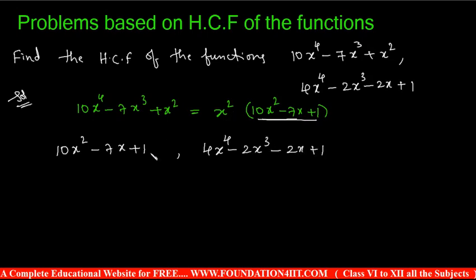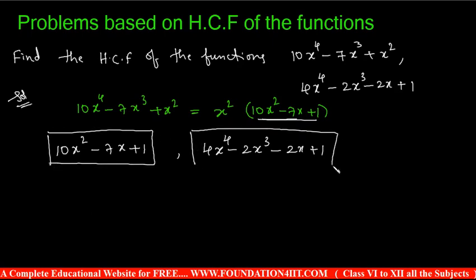Now these are the required functions. For these only we should find the HCF. Okay, that is the first method: if there is any common factor you can take it. The same x square is not possible for the second, so you can neglect it. If the second expression also had x square common, then x square would also be part of the HCF you consider. Otherwise only these two. Now these are the main two functions, and for these I should find the HCF.